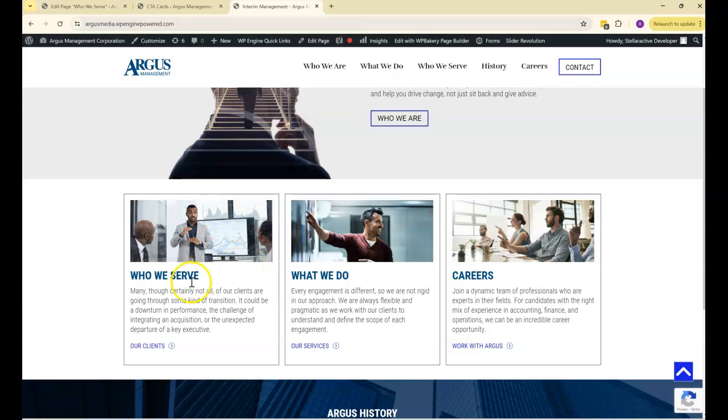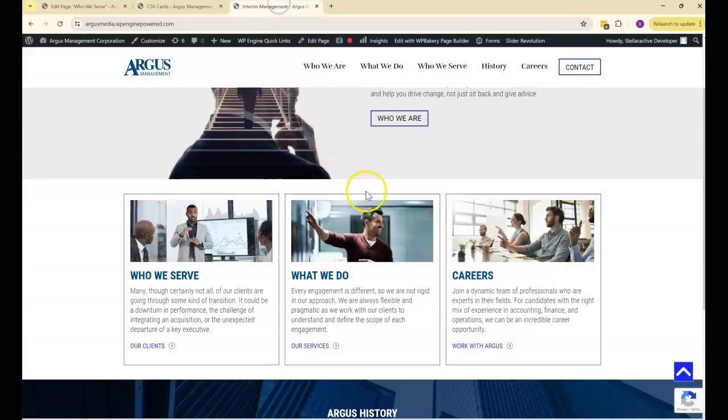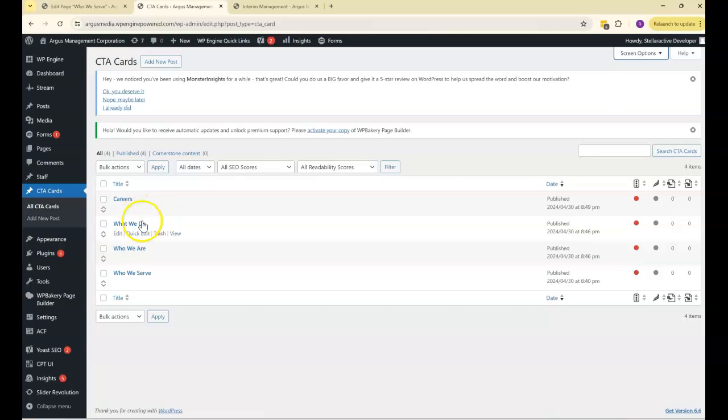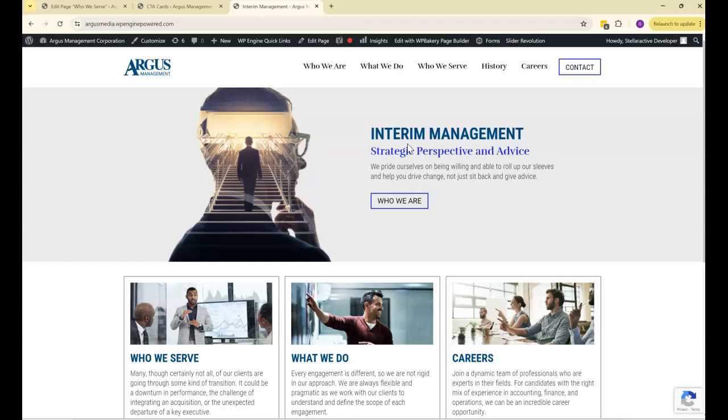In this case, we can see that we've got who we serve, what we do, and careers right here. So who we are, what we do, and careers. Wait, who we serve, what we do, and careers. So if we wanted to put who we are in for one of those instead, wait, is that the page that we're on right here? No, this is the home page. So